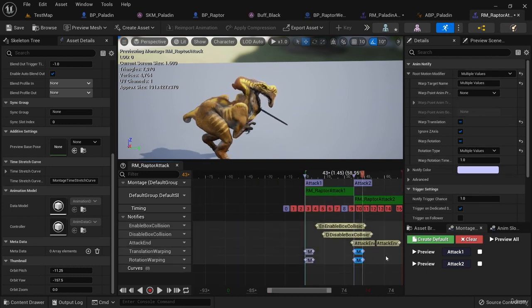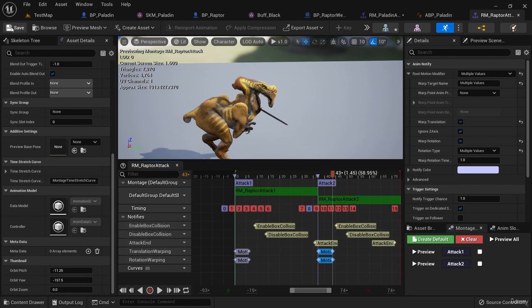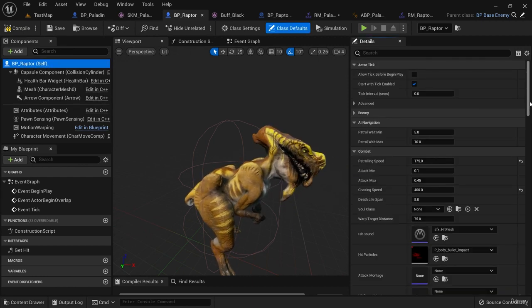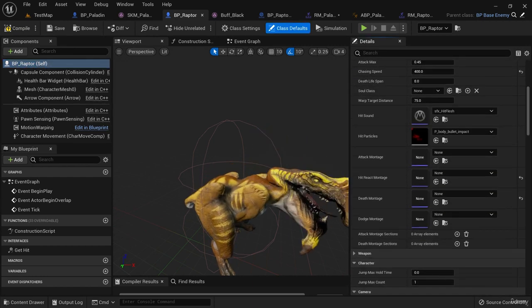So now we have an attack montage. So we can save this, and we need to set this in BP Raptor. So selecting BP Raptor Self, here in the combat section, we have an attack